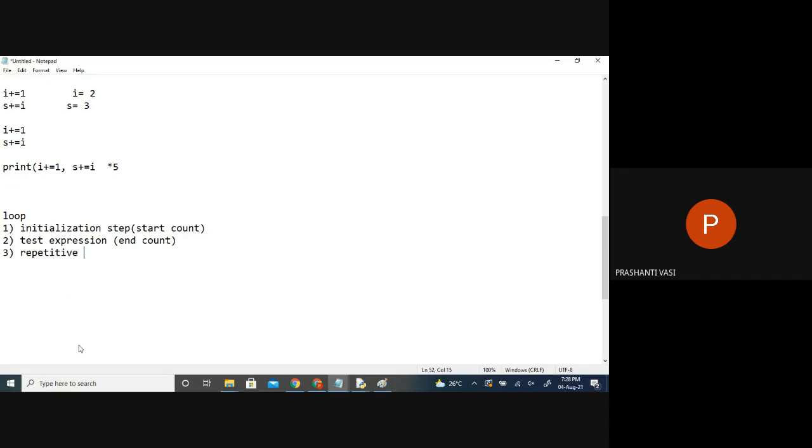So what is the task? We have to repeat, or repetitive statements, I can say. What are the statements you are repeating every time? What do you see which is repeated? So in this scenario, what is repeated here? These two sentences are repeated for 5 times. Starting from 1 till 5, we will repeat the same steps, right? So these repetitive steps will be done. And after doing this repetitive task, every time we have to change the value, change the count. Because if I don't change the count, it's like a starting point. I have to start here and we have to reach the ending point.